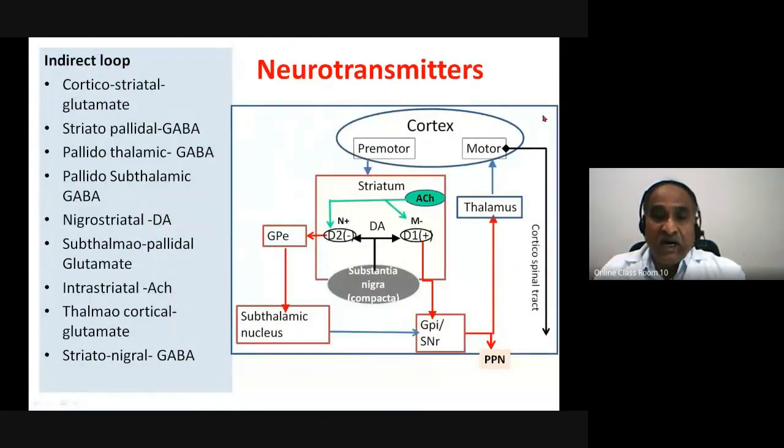Then I mentioned that in addition to these two, the direct circuit and the indirect circuit, this is the direct circuit here. This from here to here is the direct circuit. The indirect circuit is here, through the GPE and the subthalamic nucleus. And there is one more basal ganglia nucleus in the midbrain, that is the substantia nigra. The substantia nigra sends dopaminergic neurons to the striatum,